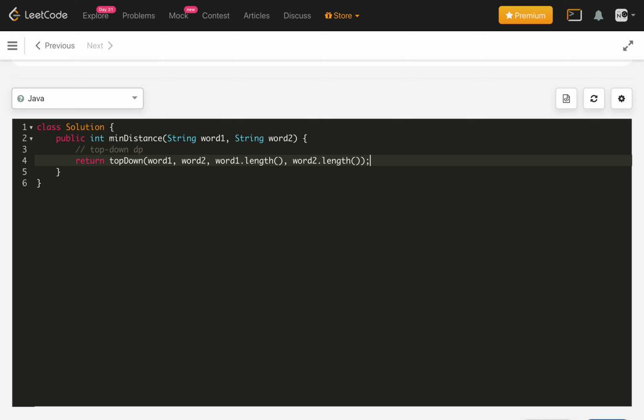We will start from the end of the word, and we will define a map to use for DP, string comma integer, map is equal to new HashMap.